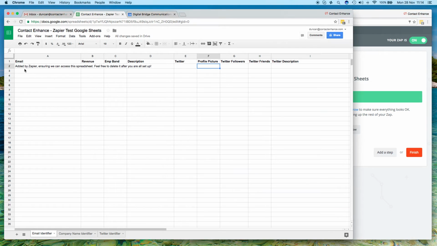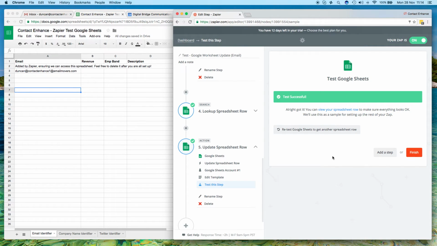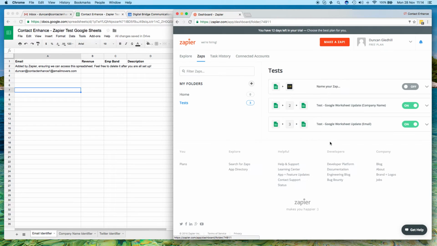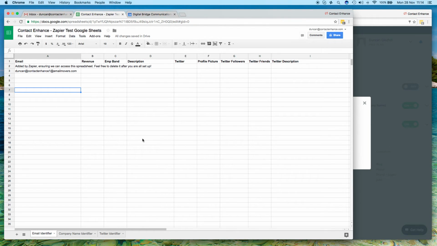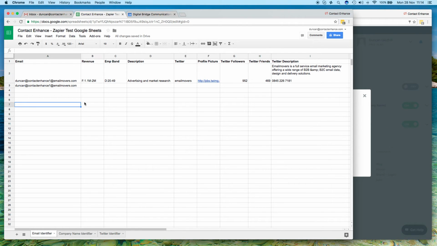And once we turn it back on, it's done its little test here. I'm just going to copy and paste the email address in, and then once I've done that, I'm going to go back here. I'll click finish there, go back to see it on my desktop, and then click run. And what we should do, if we come back here, you can see over on this screen that it's now run. If we come back over here, you can see that it's appeared, but it's not only appeared, but it's